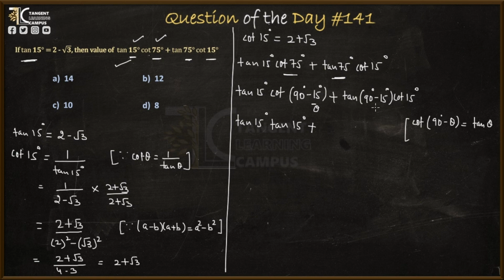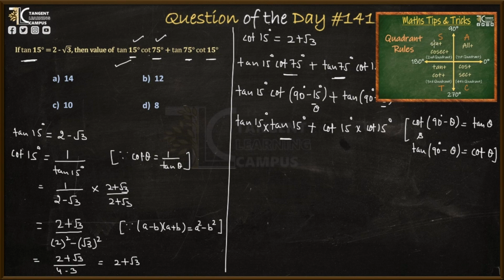we have tan(90° − 15°), and also we know that tan(90° − θ) is equal to cot θ, so in place of tan(90° − 15°), we can write cot θ, where θ here is 15°, so cot 15° multiplied by cot 15°. So basically for this part we can also refer to the quadrant, so let me show you.